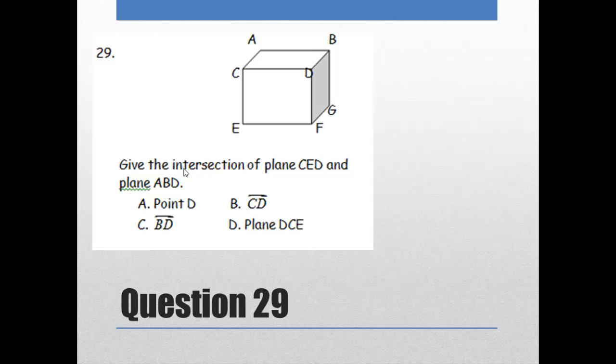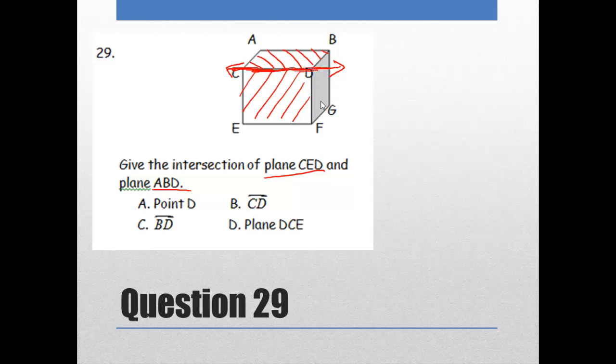It says, what is the intersection of plane CED and plane ABD? So CED is this front plane here. Okay, so it's like the front of the box. And then plane ABD, it would be the top of the box. So hopefully you guys can see that they intersect at this point, or at this line actually,